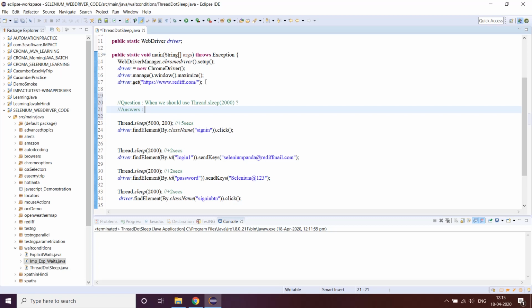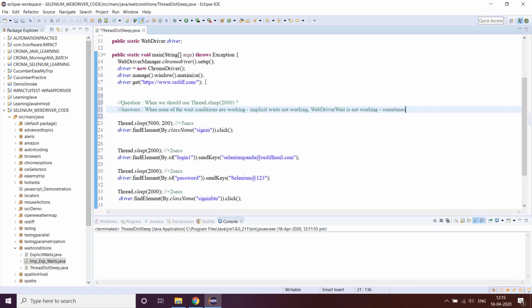So what happens is, sometimes when none of the wait conditions are working, like implicit wait is not working, and for explicit wait, WebDriverWait is not working.